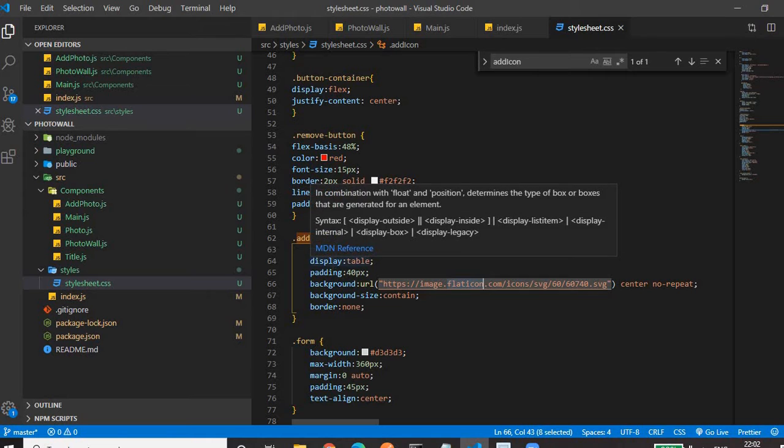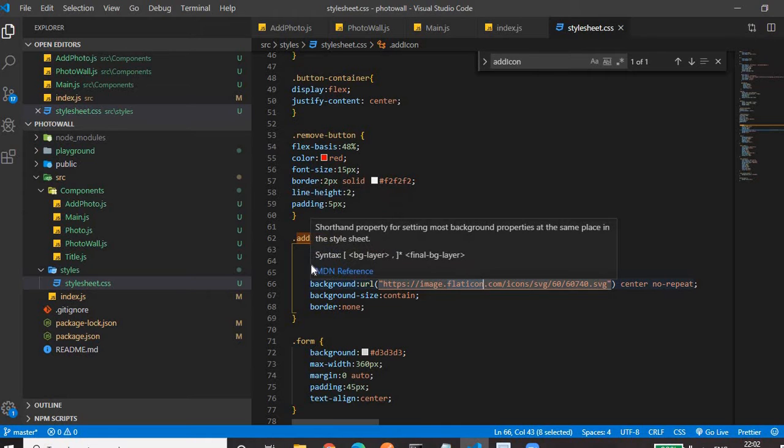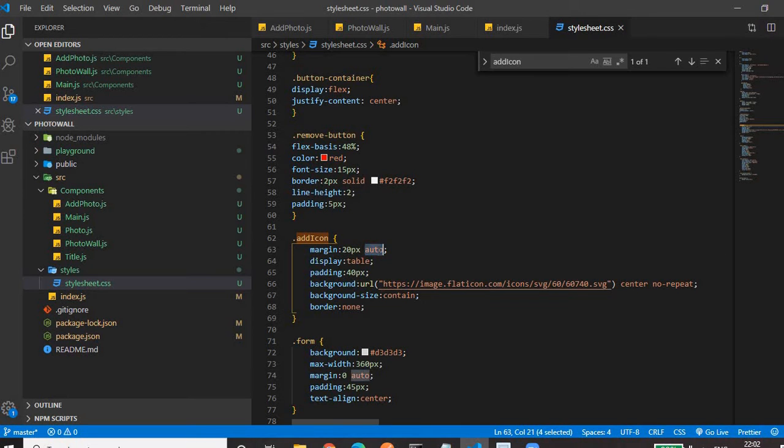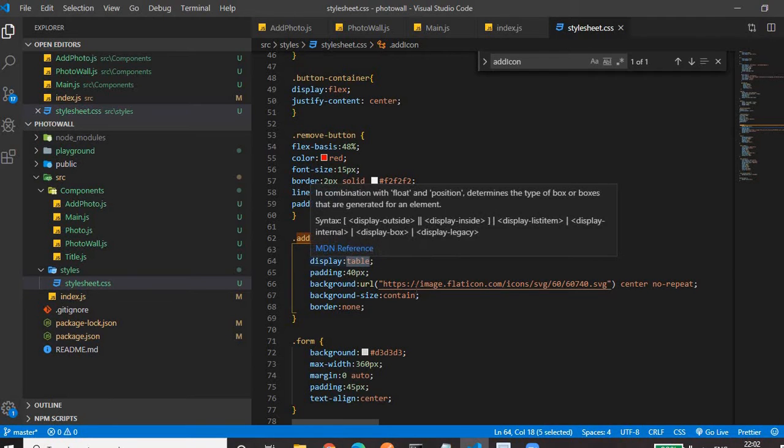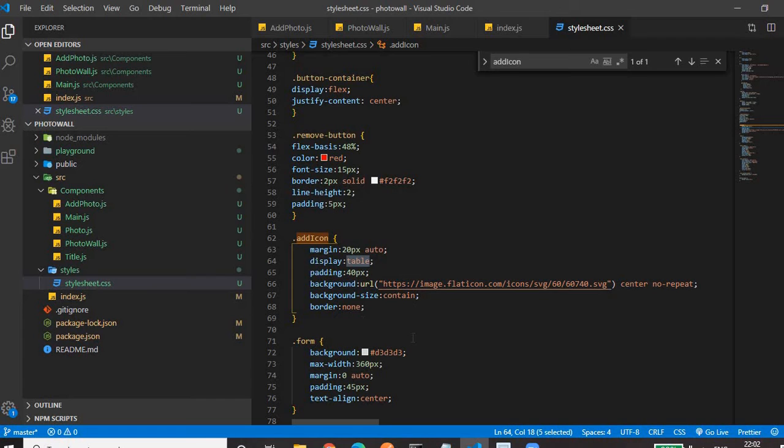I have added margin and display table. Margin auto means it should be in the middle of the page. That is only possible if we add display table, because the button is an inline element. Then we are adding some padding, then the background image, and the image should fill the entire button, so the background size is contain. Then we don't want any border, so we are adding border as none.